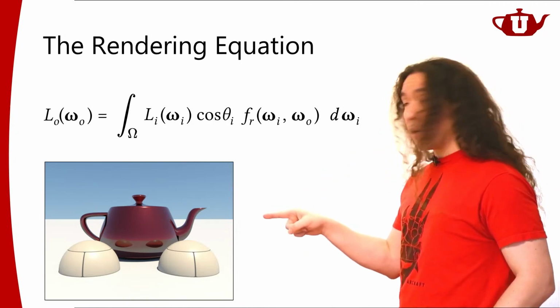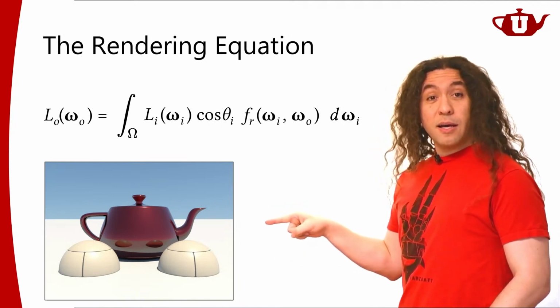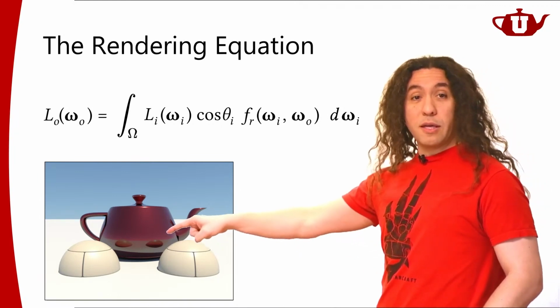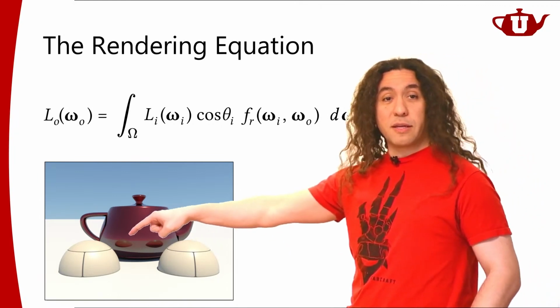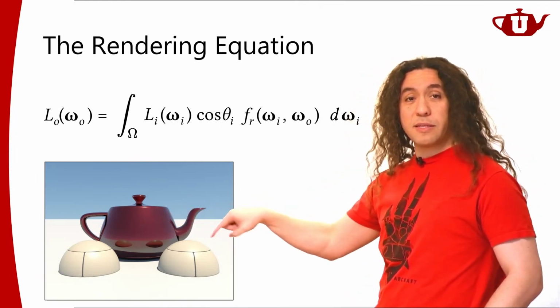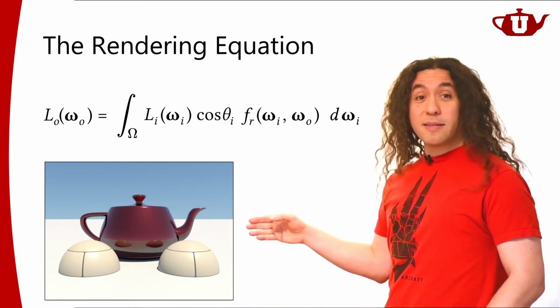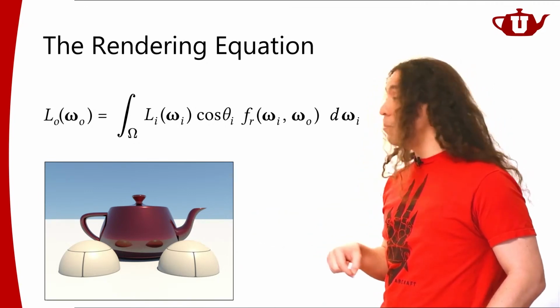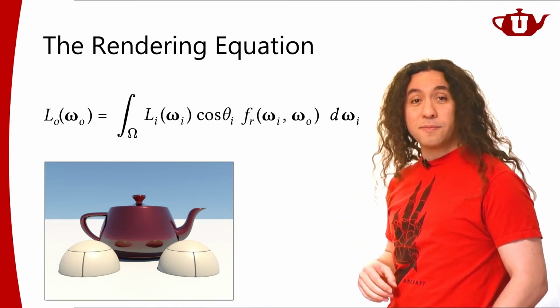How do we know that? Well, look at this teapot. I'm seeing the reflection of these little hemispheres on the teapot, right? So like right over here, I'm seeing our reflection, over here the other reflection. So I'm seeing the reflections of these hemispheres. That means there's light coming from these hemispheres onto this teapot, and it's being reflected.